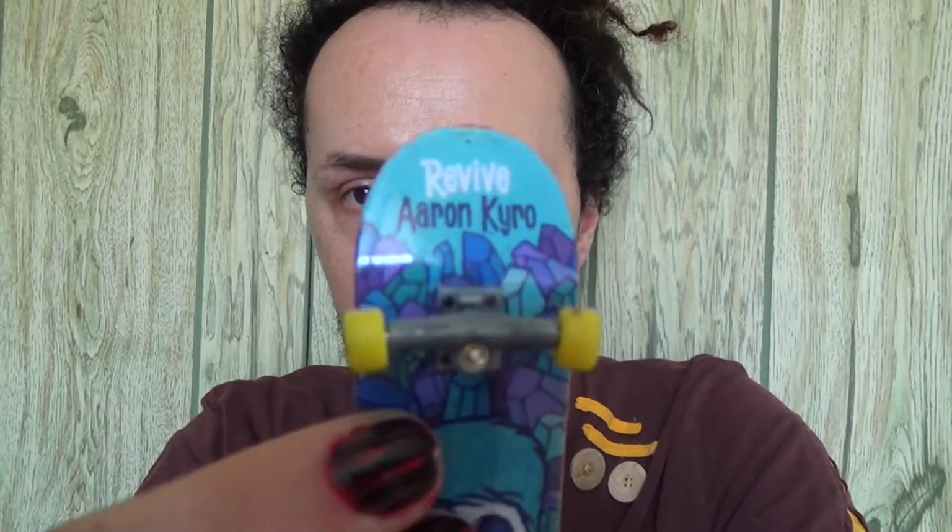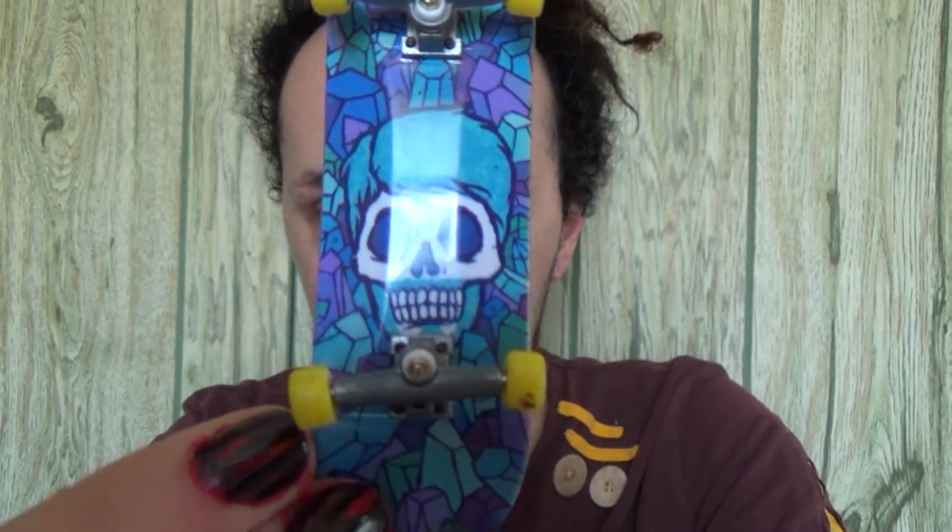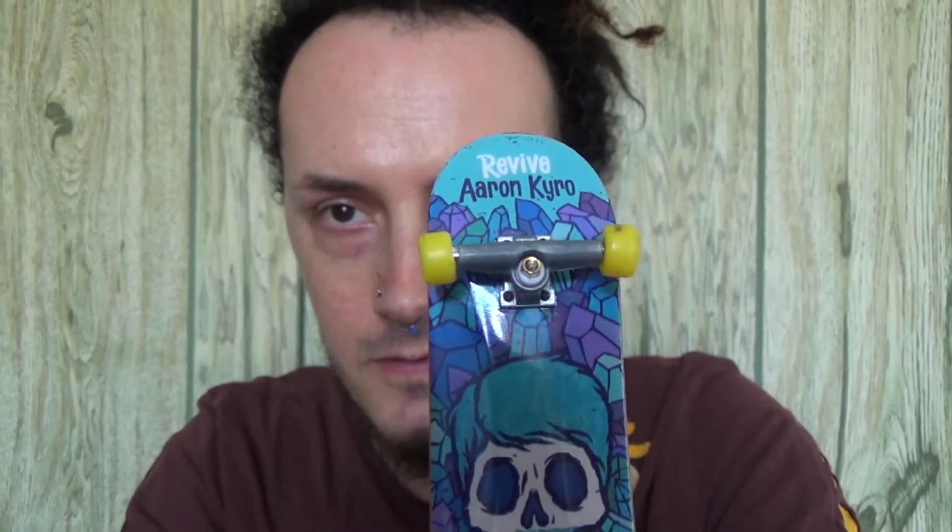So today I was going to see if I could combine a little bit of fingerboarding with putting together a crib. So the fingerboard I'm going to be using today is this Aaron Cairo Tech Deck. That's the skull one, and